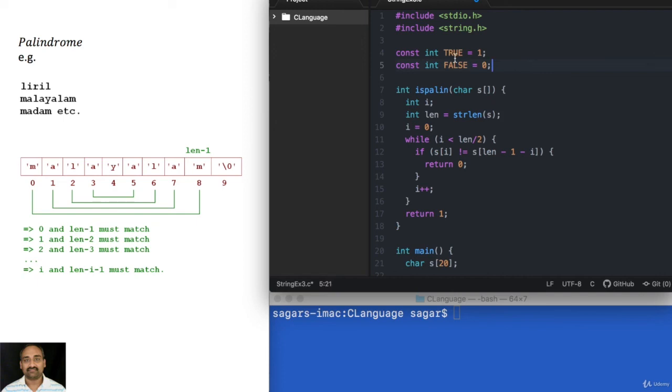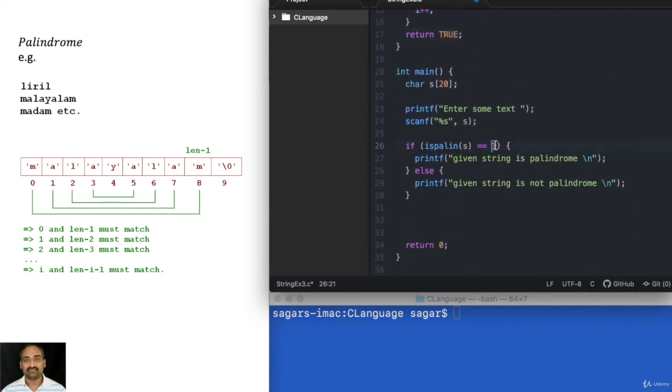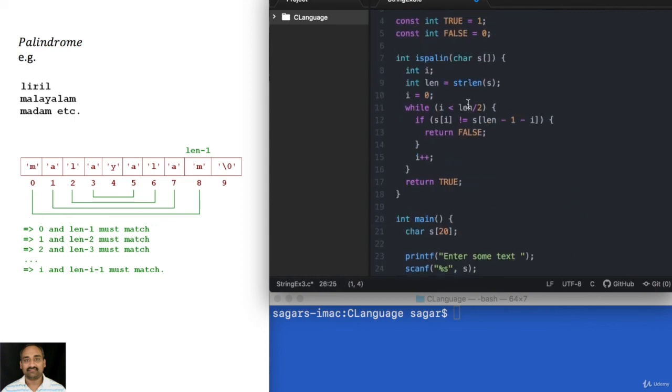Let's declare these two variables, true and false, and return false because it is not palindrome. Return true, it is palindrome. Now during the verification, don't compare with 1. You can say if isPalin equal to true, then you can say it is palindrome, otherwise not. Now we replaced these ones and zeros and we made it slightly more readable.